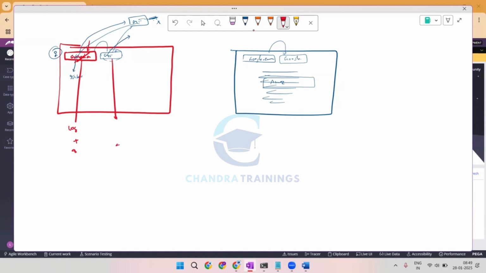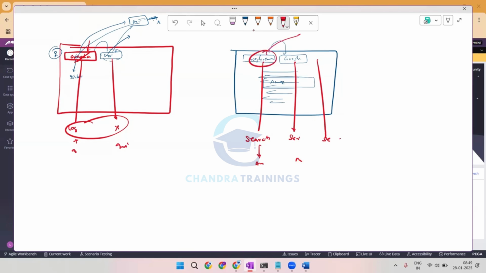Tab 2 low, directly inbox. You are not again getting this login page. Here tab 1 low, something like search page and then Amazon results. Tab 2 low, again search page, again Amazon results. Maybe tab 3 low, again search, again search. So here, whenever I'm trying to request for google.com, so the provider is not searching, not checking for whether any